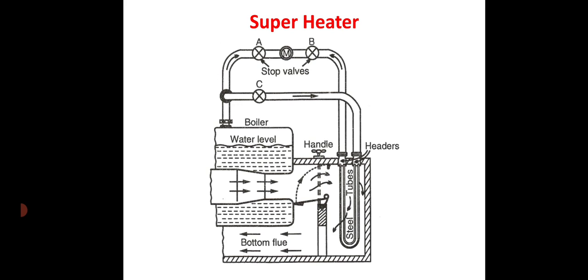It is thus obvious that the required degree of heat for superheating may be obtained by altering the position of the damper. When the superheater is in action, the stop valves G and H are open and F is closed. When the steam is taken directly from the boiler, the valves G and H are closed and F is open.